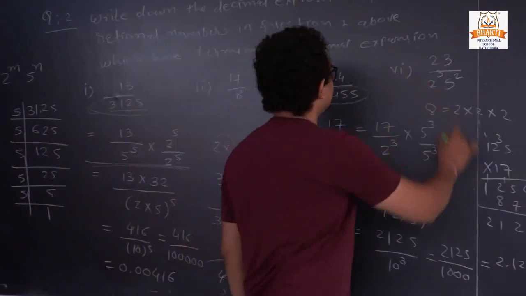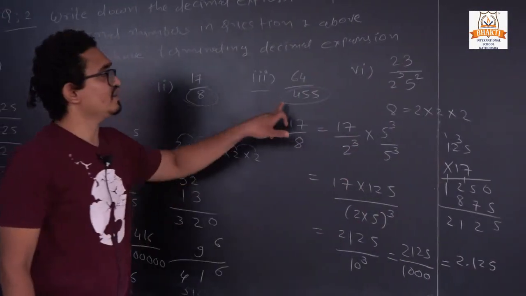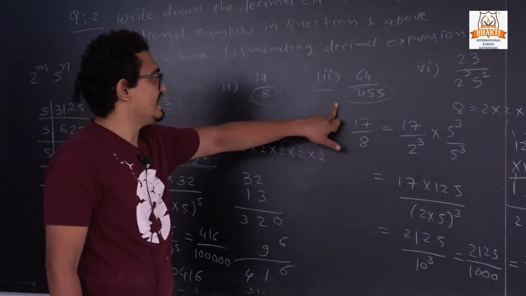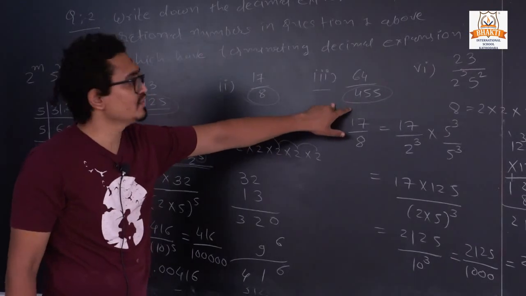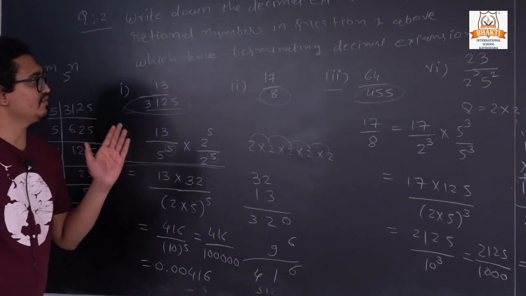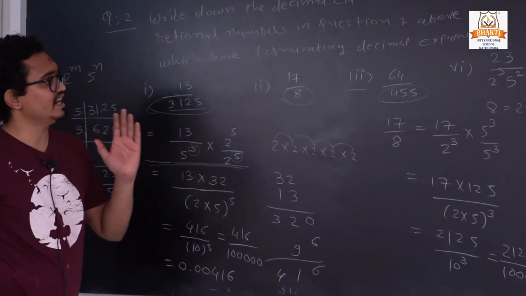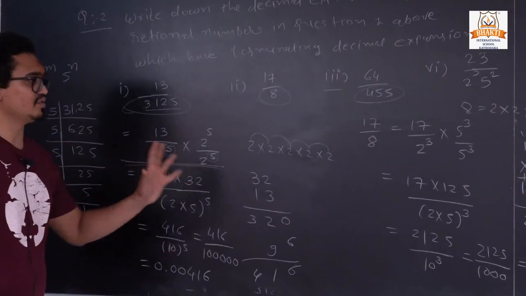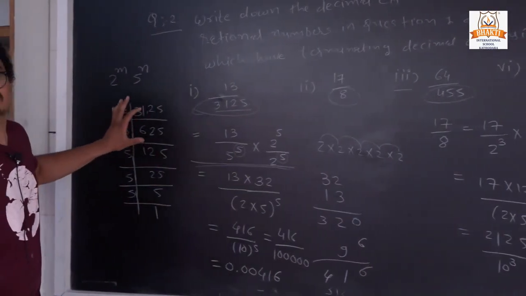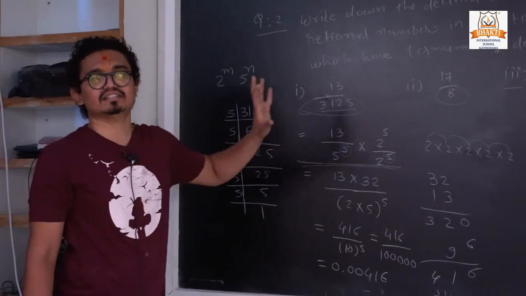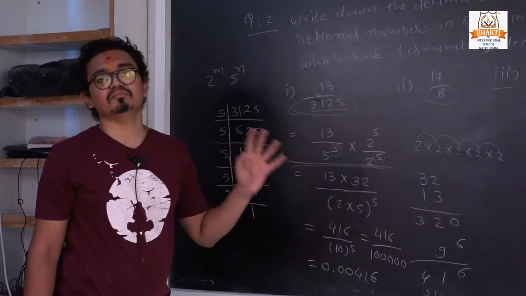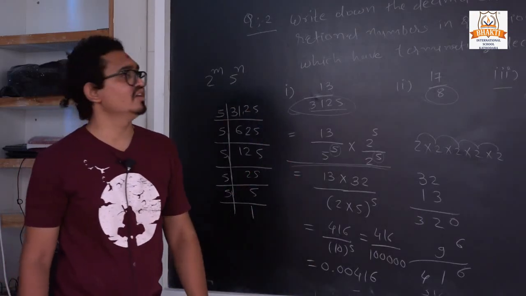So in that sum, we can directly write down what? We cannot convert into the decimal expansion form. So you can try at your home. Similarly, we have all the sums from question number 5, 7, 8, 9 and 10. We have the same procedure. If it is in the 2 raised to m into 5 raised to n form, we can convert into the decimal form. But if it is not, we cannot convert that number into the decimal expansion form.